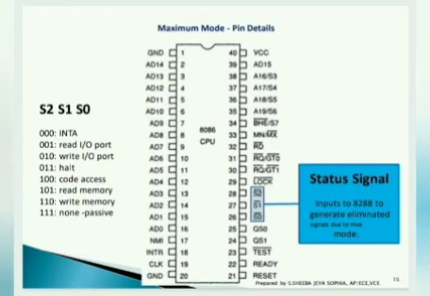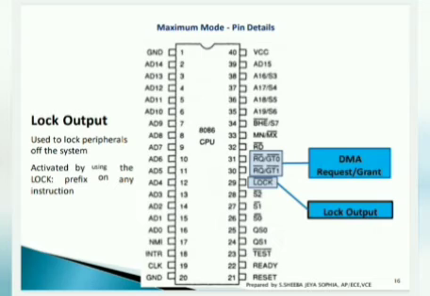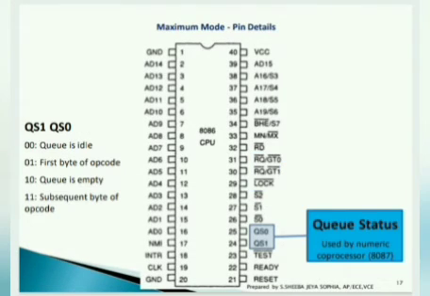Of course, the coprocessor will take the control of the system, so it needs an external bus controller, and it also uses DMA request grant signals for choosing which type of bus signals it has to generate, and how it has to allocate the processor to all the coprocessors. Then the lock output is also available only in this maximum mode condition. And queue status, yes, of course many coprocessors are connected, so which has to be served first and which has to be served next is indicated based on this queue status. So these are all about the minimum and maximum mode configuration of 8086.